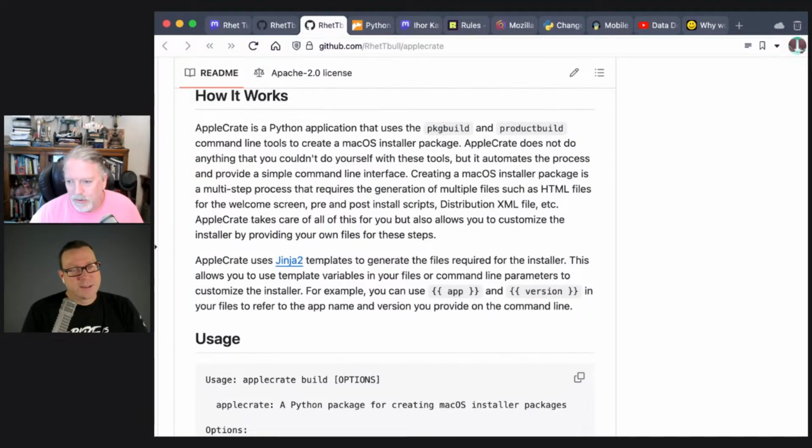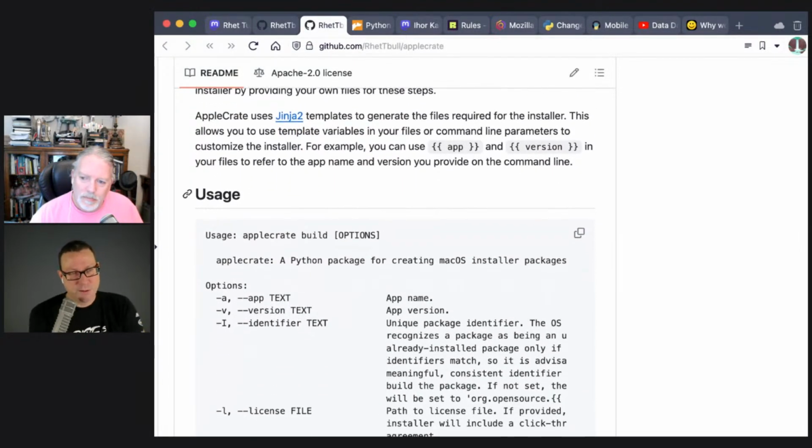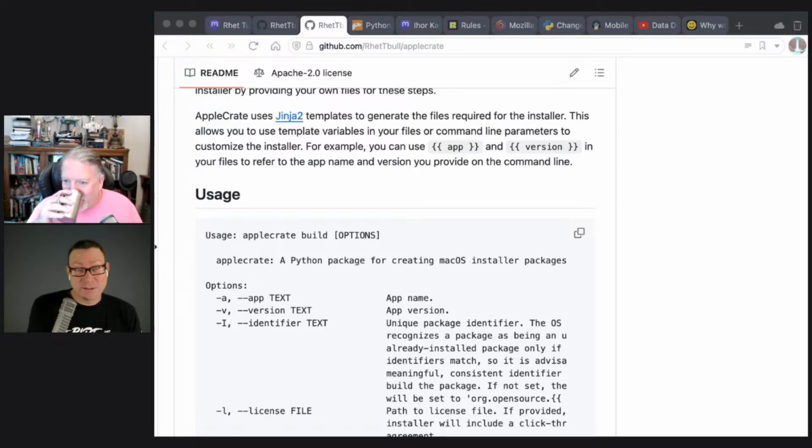Yeah. So it says it's nothing that you couldn't do yourself, but there's a bunch of steps and different tools that are involved. It also uses Jinja 2. So a templating thing. I'm not sure how many people are familiar with this concept, but the template languages like Jinja and Chameleon and others, and Mako, they're known for being, here's how I put dynamic stuff in HTML and Flask, or here's how I return something that's a web page from FastAPI, or whatever it is you're talking about, right? Yeah. But those things are independent libraries for the most part,